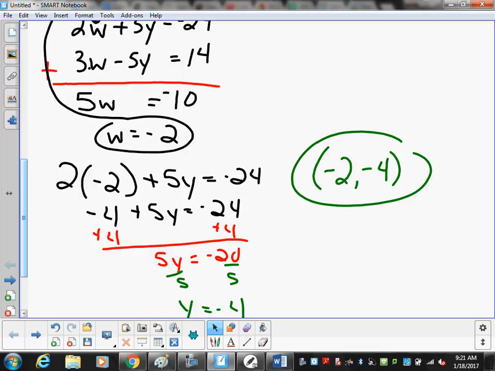If you already have opposite coefficients on one of the variables, this is not a hard problem at all, because you don't have to do anything except add the two equations together. If you have a problem that doesn't have that,